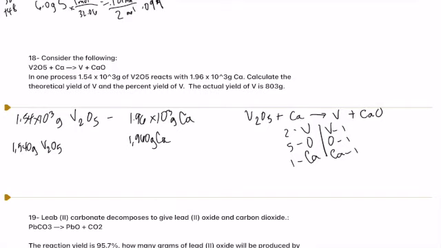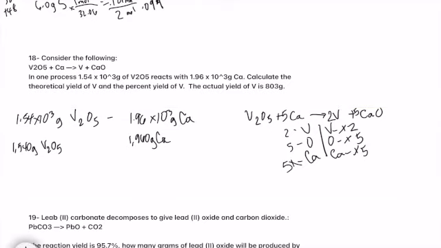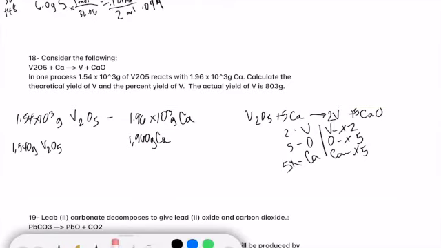Reactants, 2 V's, 5 O's, 1 calcium. Products, 1 V, 1 O, 1 calcium. We generally like to save oxygen and hydrogen for last, but it's going to make the most sense here to use our 5 to balance out the O. So our coefficient of 5 now created 5 calciums as well. I go to the reactant side, I have 5 calciums now. Balance the product side for vanadium, and I've got 2. So we're good to go here. 1 to 5 to 2 to 5.